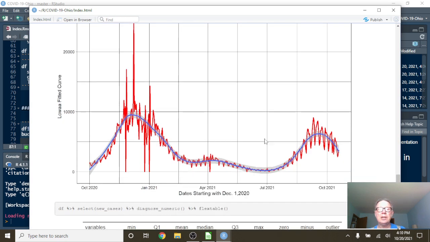And this is daily cases. Again, the blue line's a fitted curve. We saw this pattern before, the long declining pattern in July. Then in July, we saw an increase in deaths. And now the last few weeks, we've seen a decline in COVID-19 deaths.